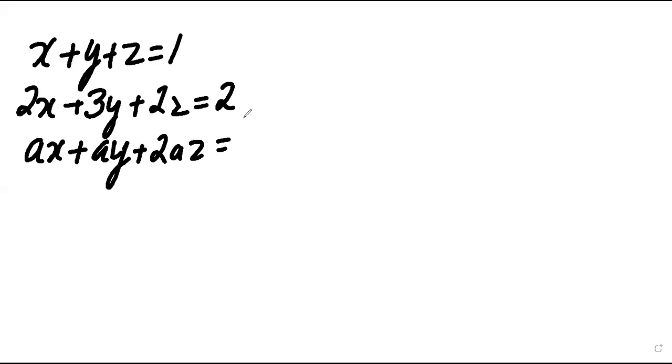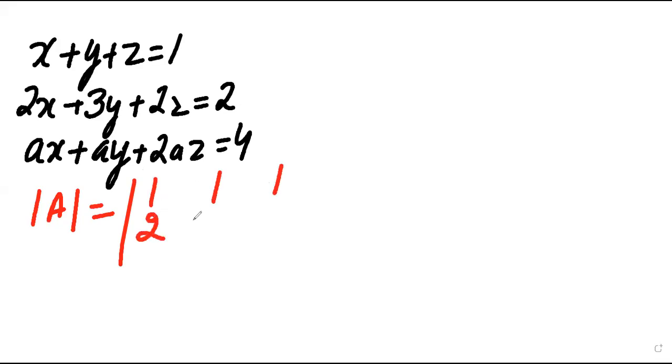Okay. So how to solve it? This is a set of equations. How can we solve it? First of all, find the determinant of this. It is |1 1 1; 2 3 2; a a 2a|. Some children only write the constants here. Son, you have to take the coefficients of x, y, z. Okay. So here if it is a, then a will be written.